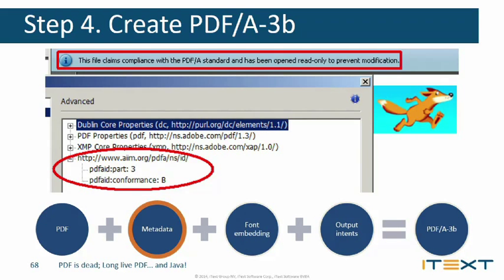You can see after adding the PDF A metadata, if you open the document in a Reader or in Acrobat, it now has this blue bar saying the file should be PDF A compliant. And it also tries to prevent accidental modification of this file because it's a file intended for archiving, which probably should not be modified after it's been archived. You can see in the document properties it says it's level 3B now.